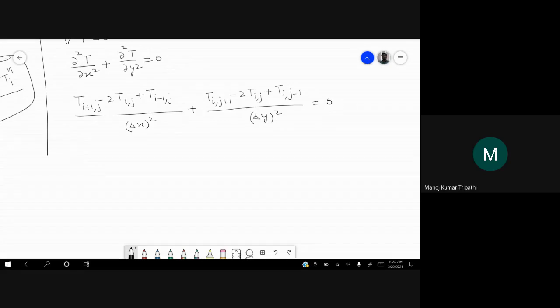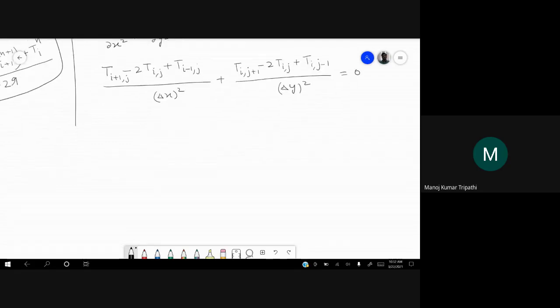Now you don't have anything like T^(n+1) and T^n here. You don't know all of these temperature values because this has to be calculated at steady state. You only know the boundary conditions.